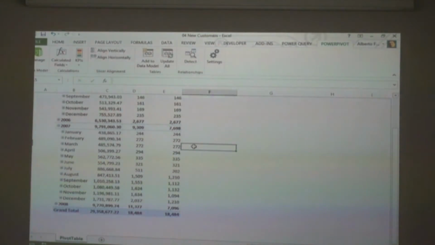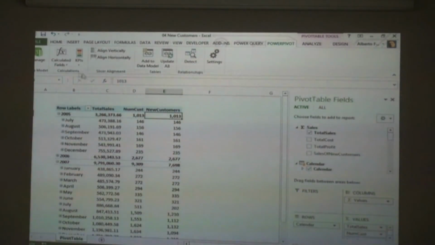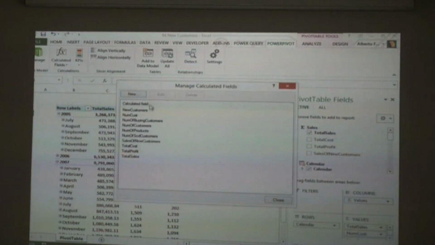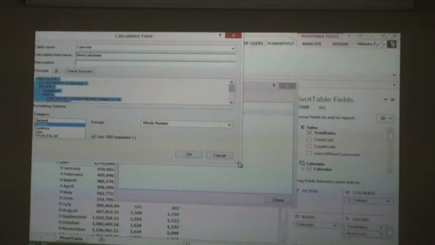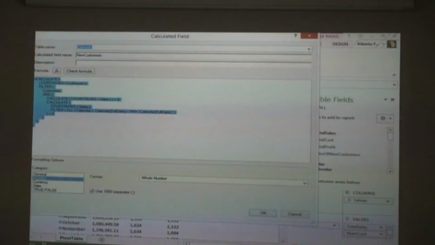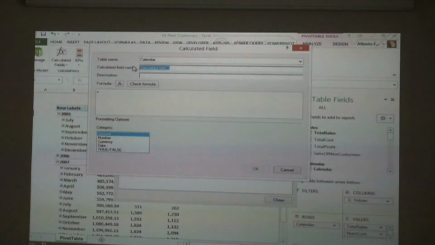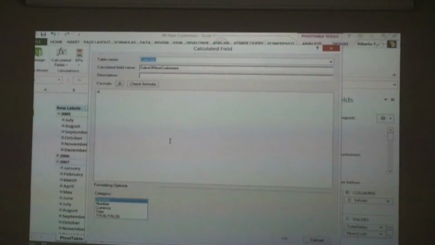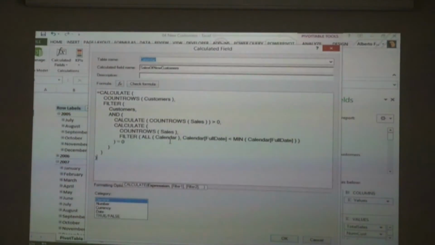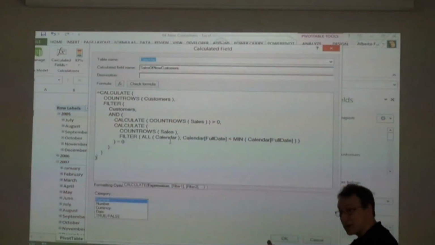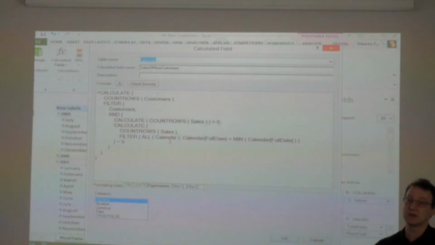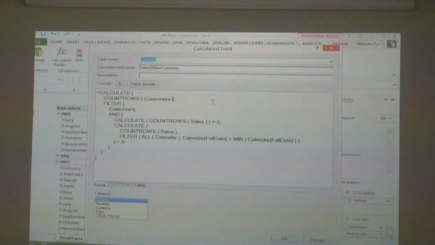And the beauty of this formula is that it can easily compute new customers, but if you take the code, as I don't want to write it again, you take all the code, you can write a new formula, which is sales of new customers. What I want to compute is no longer the number of customers, but I want to compute how much they bought. So they are new, but are they really buying something? Am I getting money out of new customers, or I'm just having new customers? And all you need to do is change this part, count rows,